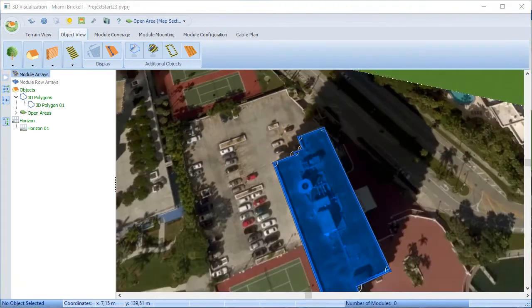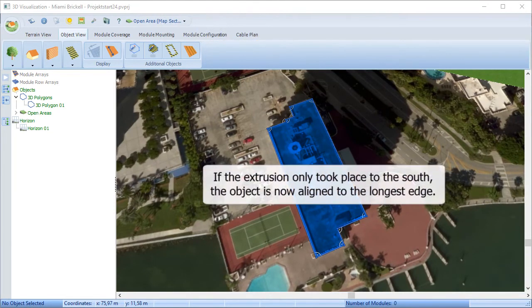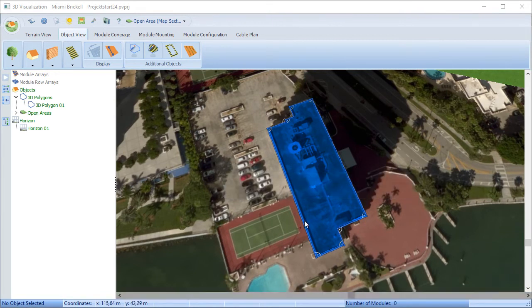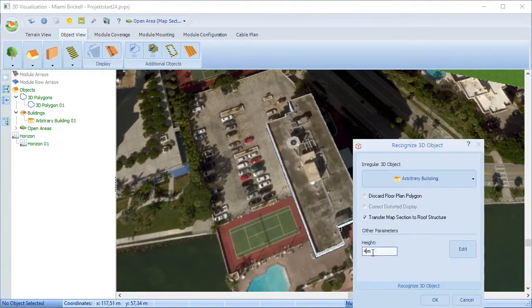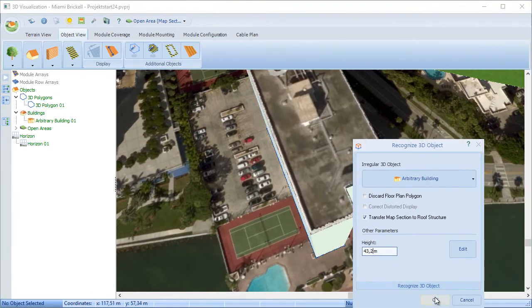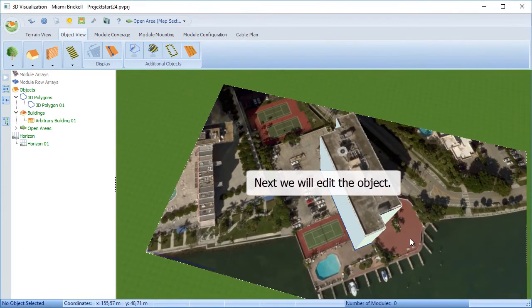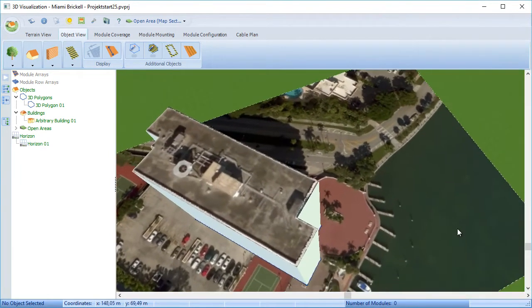So, moving on, if you want to extrude a 3D object now from your floor plan, the question arises at which edge will become the sort of reference edge, and you have now the choice to select which edge that will be. So once you've got your 3D object extruded and in position, you right click and edit,